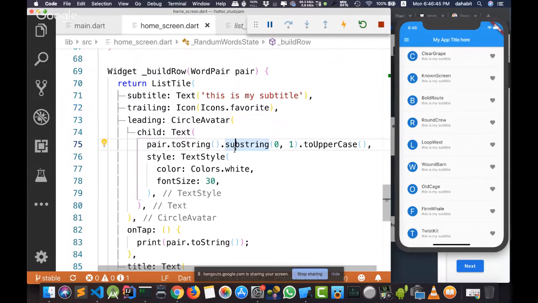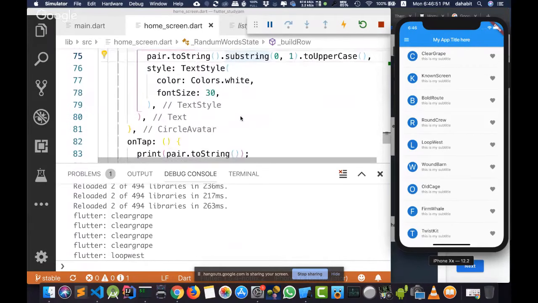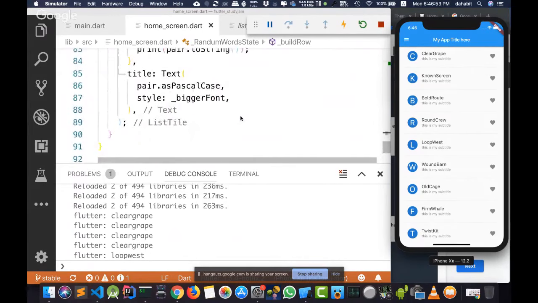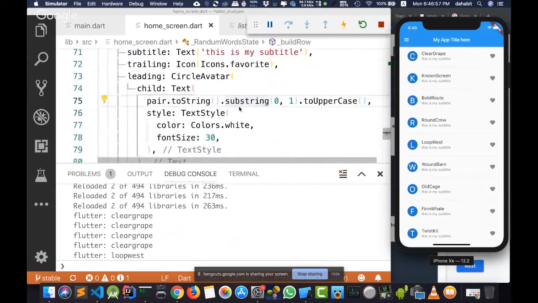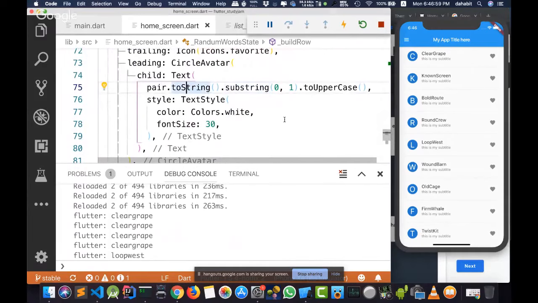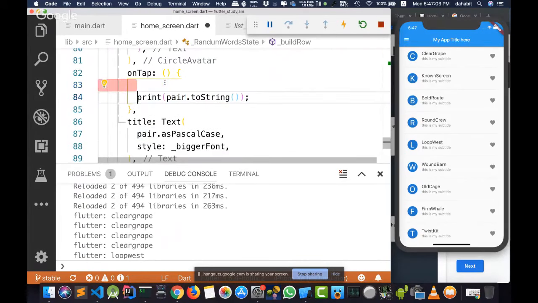If I open the debug console again and press this word, as you can see, because we already wrote the logic of our application here, that when the user clicks, I want to print here, as you can see, I already wrote a print of the element